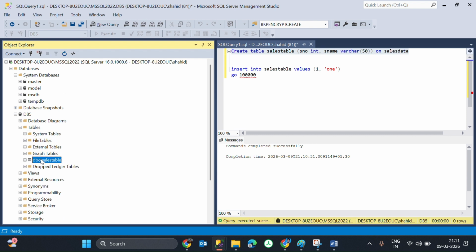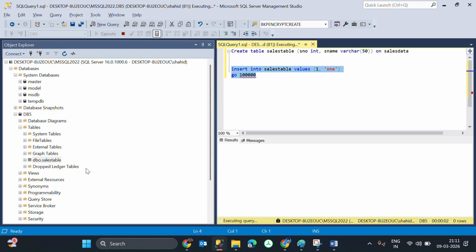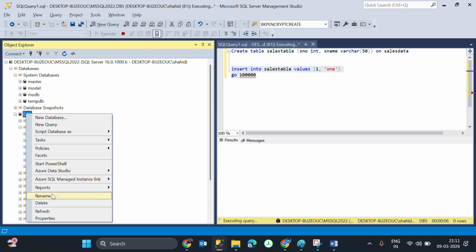See here, you have found that. In that I am inserting these table values. Okay, I am inserting this value 1 comma 1. I will execute this 1 lakh times. Okay, so one more thing I want to show you guys, that whenever I ran this query, at that time,